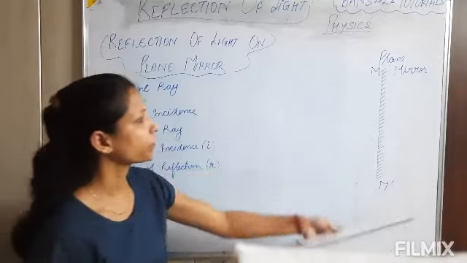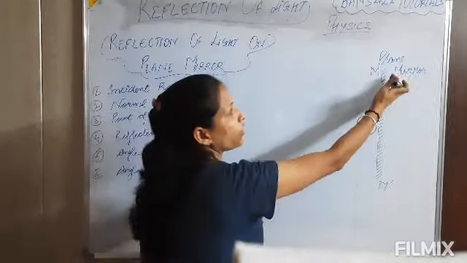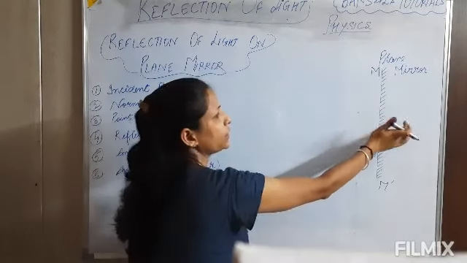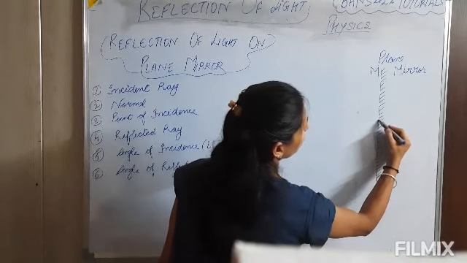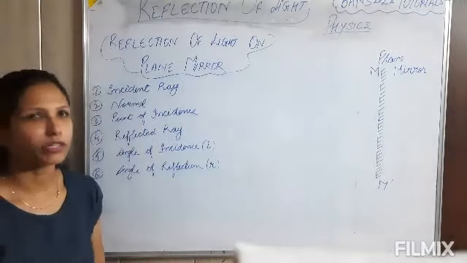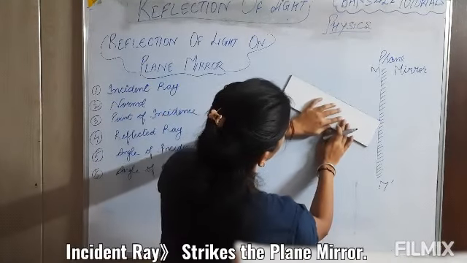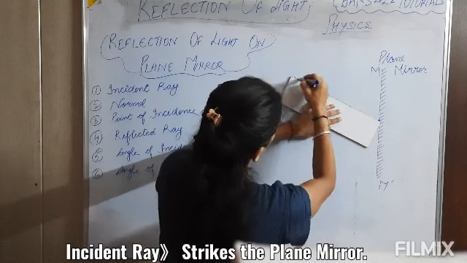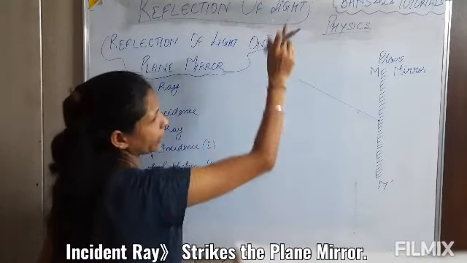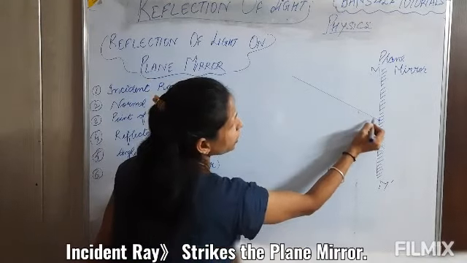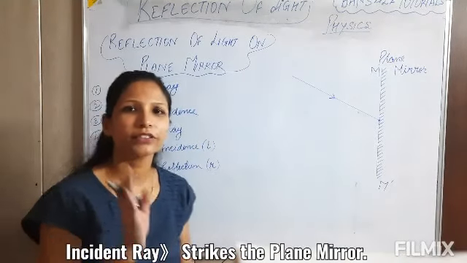Now this is the mirror. Because we want to show the light rays on this side, we have drawn the slanting lines on this side to show it as the back side. Now we will take the center of the plane mirror, this point, and we will draw a ray of light. This ray of light is coming from some light source and it is moving towards the plane mirror. So I will draw the arrow in this direction. Don't forget to draw the arrow.